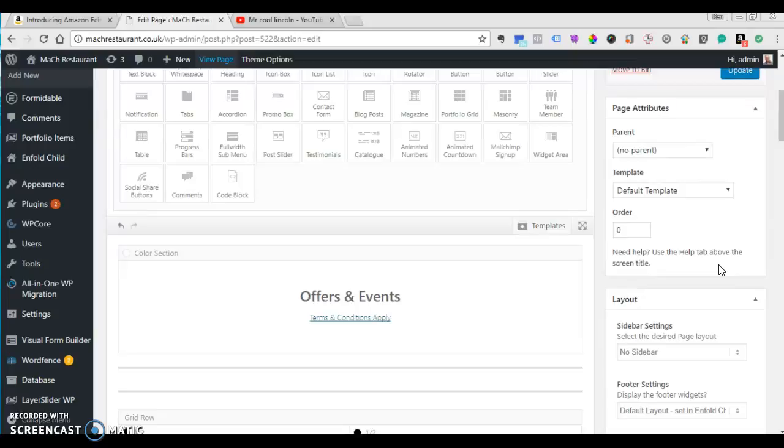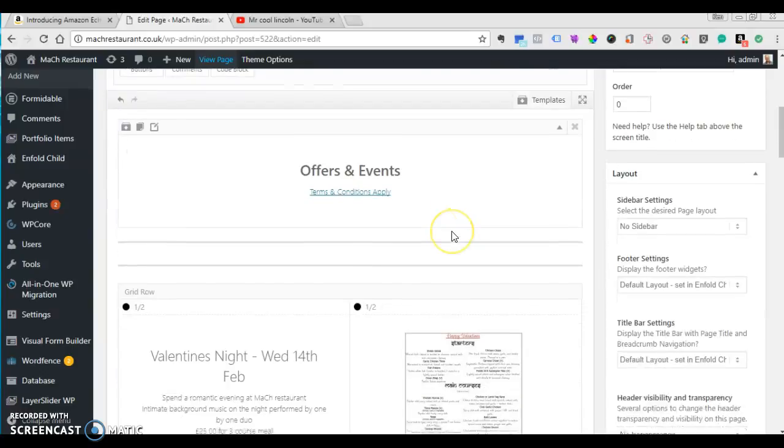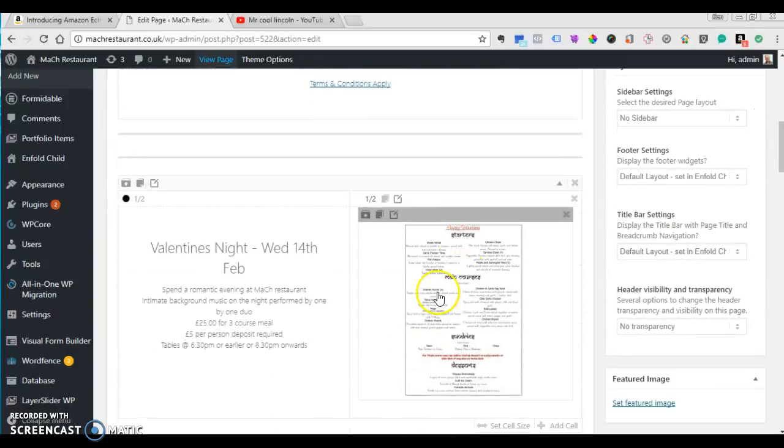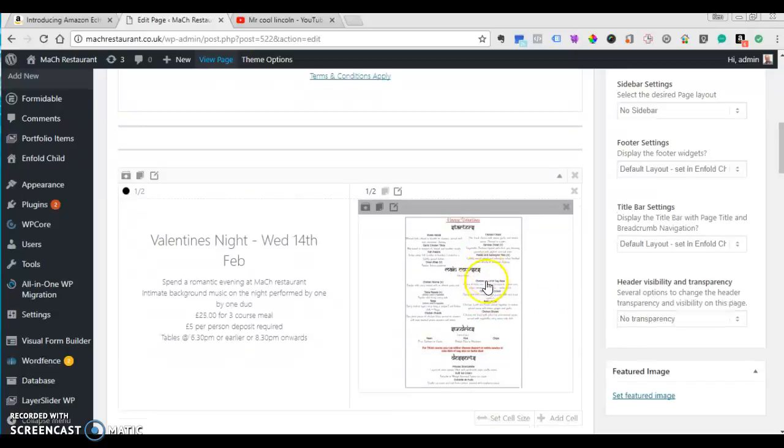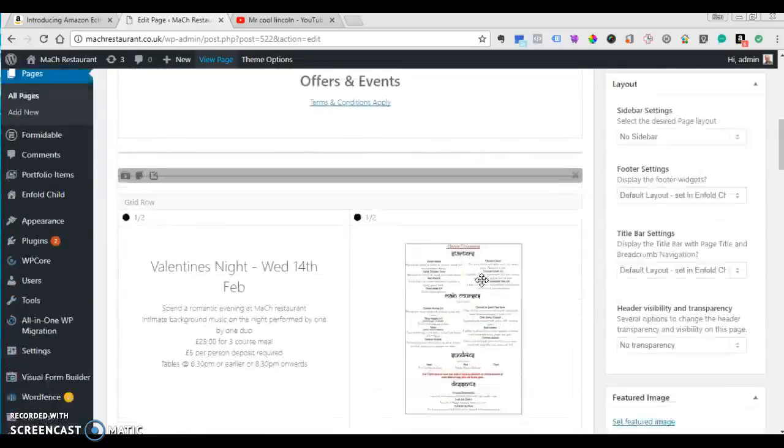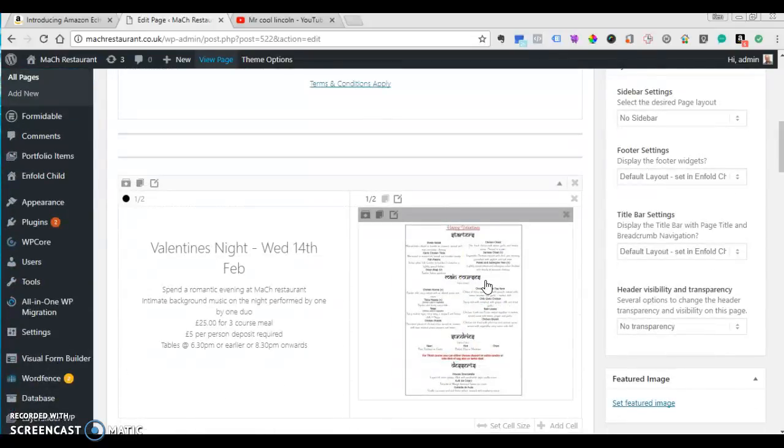But before that, let's just get this sorted and I can show you a better way to do what you've done. This doesn't work here. It's too small. On the other side, you want people to be able to download the menu, and you want some sort of image to do with Valentine's here. So basically, the best thing to do is to make sure you've got an image that's the right size. I'm just going to show you